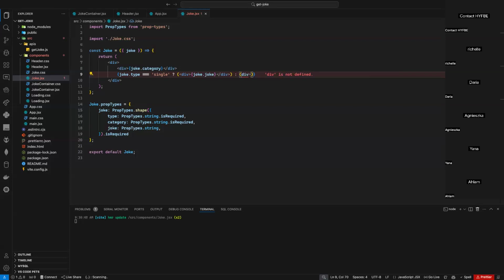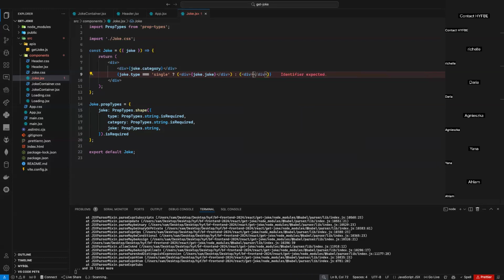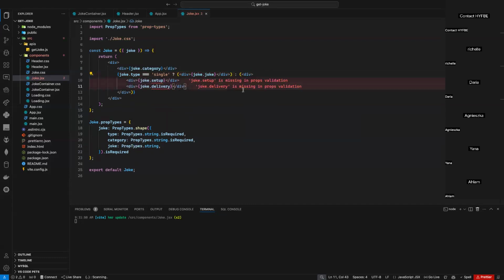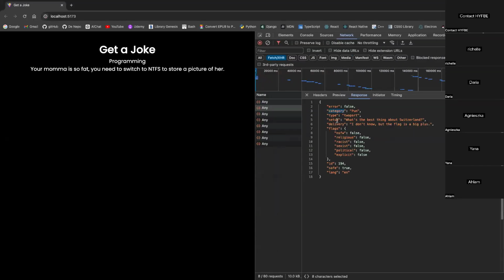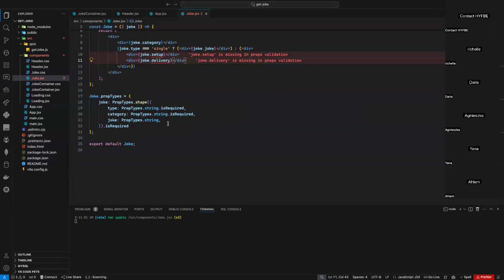Let me just get rid of this one. I need to create two divs. The first div like that, and inside this div, I will need two divs. Yes, I will need setup and delivery, as you can see. So if it's a joke, here are two parts, setup and delivery. I need those two, and of course, I need to be able to add these two into my